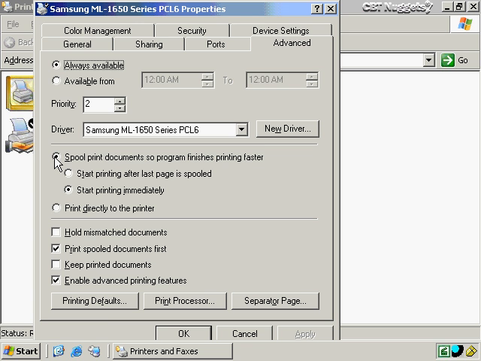And what this does is it allows the print job to get started and be processed and be held on hard disk so that you can go ahead and print faster. And that way you can also get access back to your programs faster. You can also start printing after the last page is spooled, or you can start printing immediately, which is the